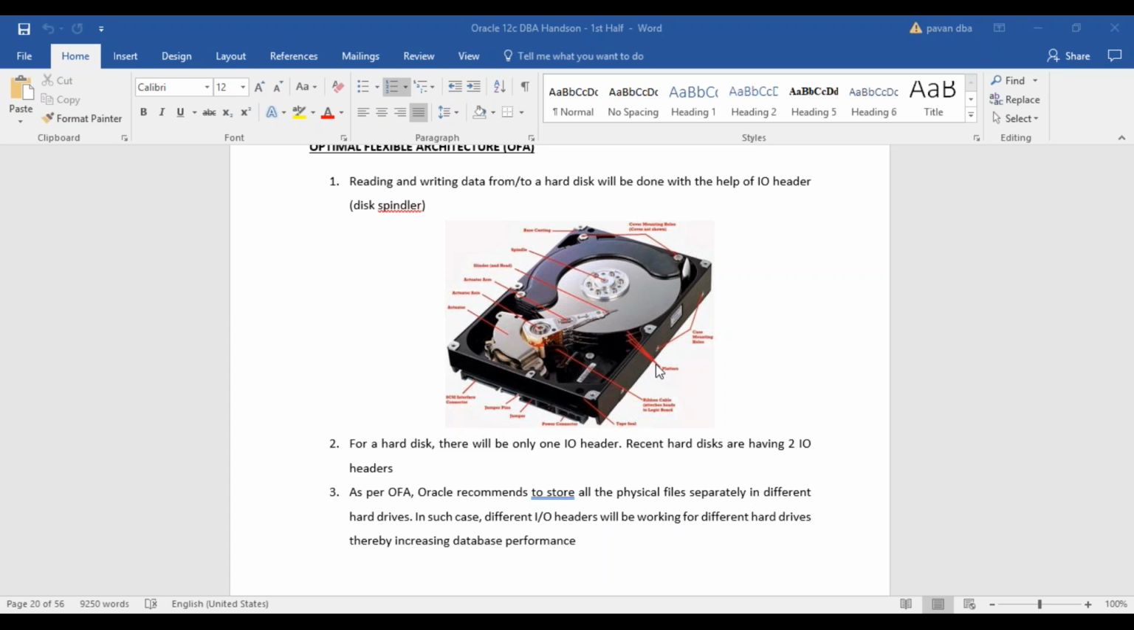Even if you want to record a song, if you just press the record button, along with the record button this header also will come out, which means your play button also will come out, and you can record whatever content you want. So to read the data or to write the data, the same header is being used. Similarly, here also, with the help of this IO header, either you will be reading the data or you will